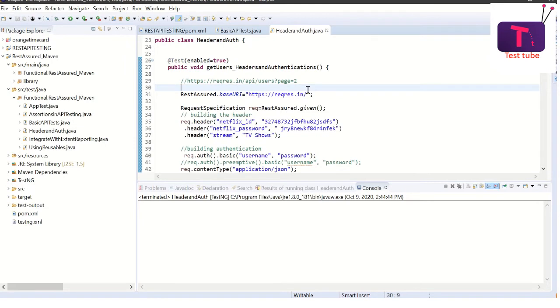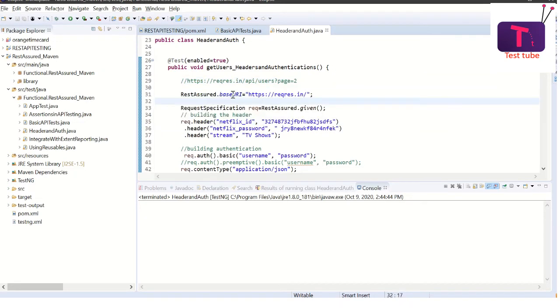So let's see this one. Like we discussed, a basic API consists of the base URI and the actual URI part, query parameters and header parameters. The same way I'm going to build my API now.